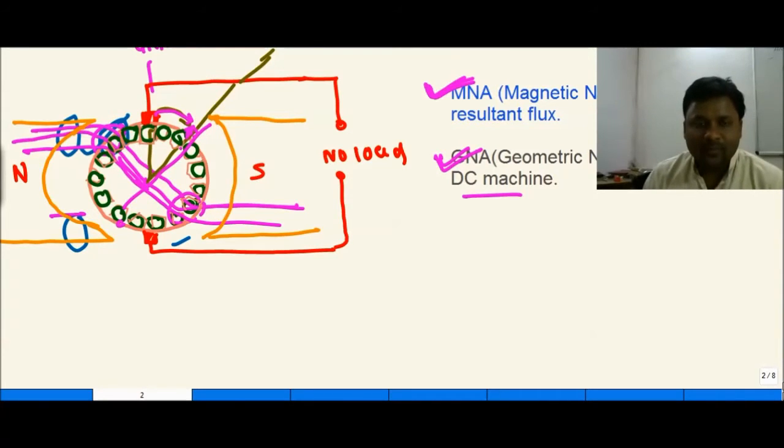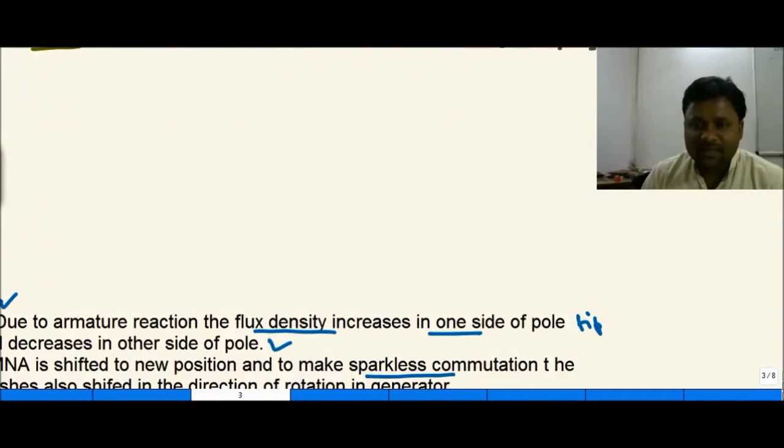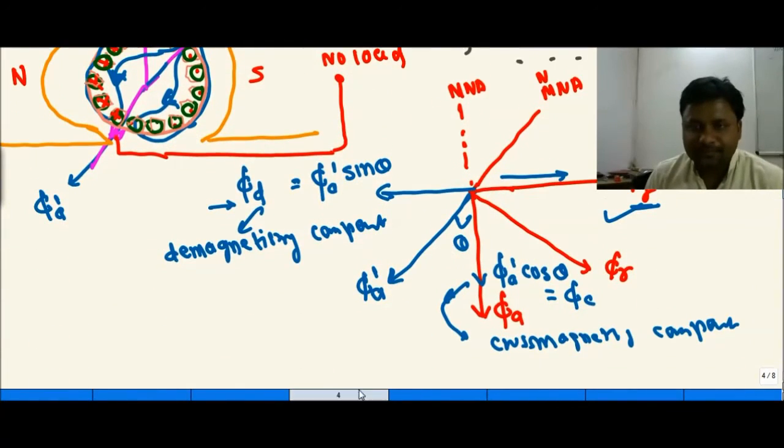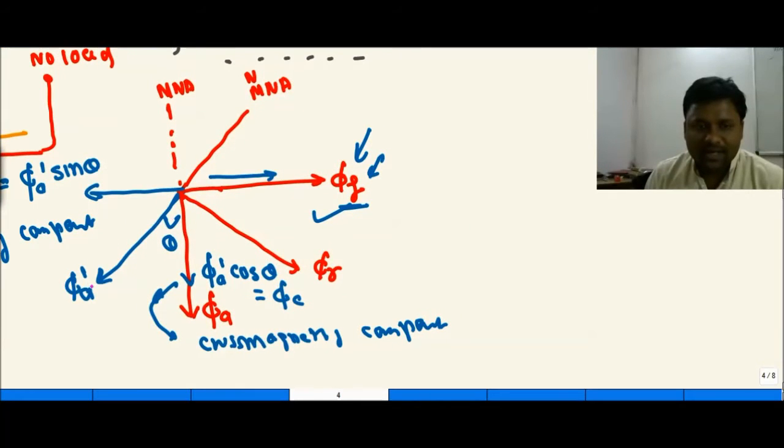As a result, we have seen that this armature flux has two components like this. This is called phi a dash. This is phi a dash sine theta and phi a dash cos theta. One always crosses the main flux, which is called cross magnetizing in nature, and the other is always demagnetizing in the opposite direction to the main field flux. So it is called the demagnetizing component, and we have to eliminate this type of component, otherwise a huge spark will be generated at the windings. So these are the effects that we have to understand in this lecture.